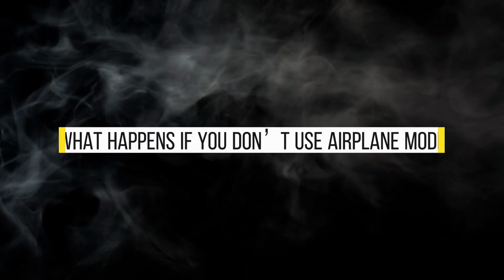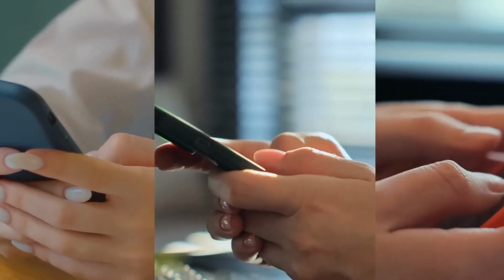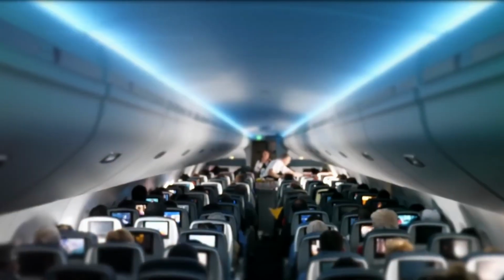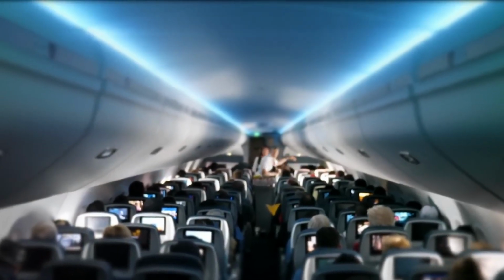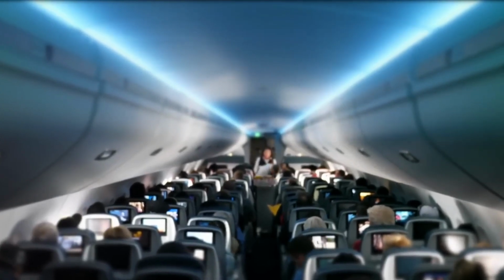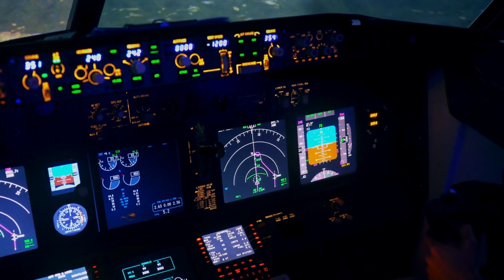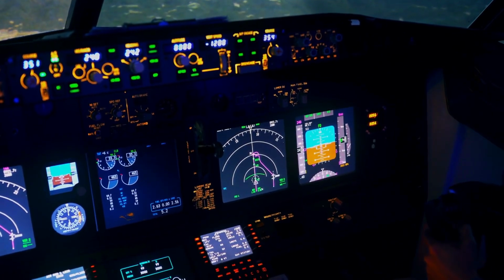What happens if you don't use airplane mode? If you forget or deliberately choose not to turn on airplane mode, the chances of anything serious happening are minimal. Your phone may continuously search for a signal and fail, draining its battery. It might also generate bursts of interference that could be faintly audible to pilots over their radios, though it won't disable navigation systems. Some airlines have onboard detection systems that can sense phones still trying to connect to towers, but